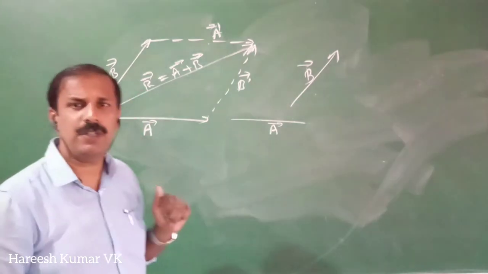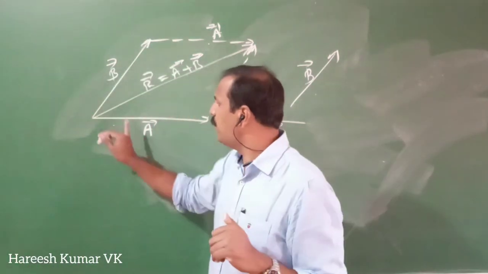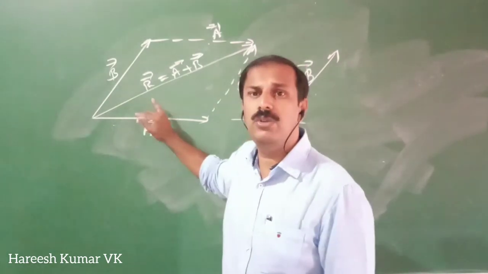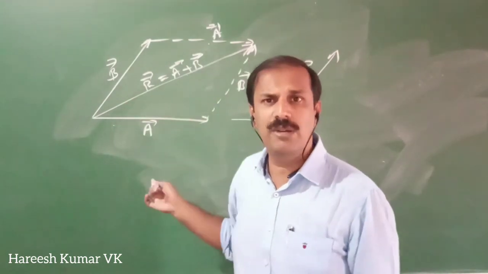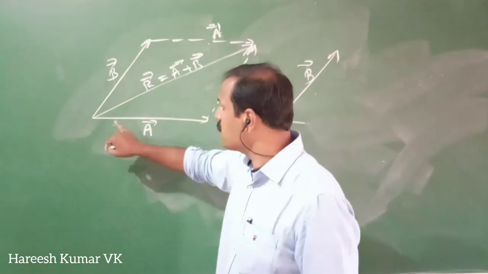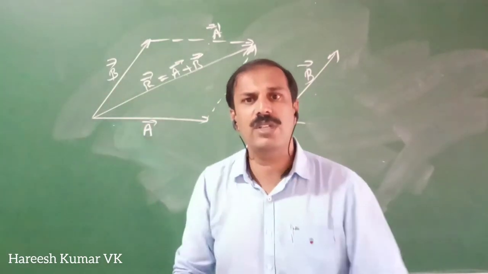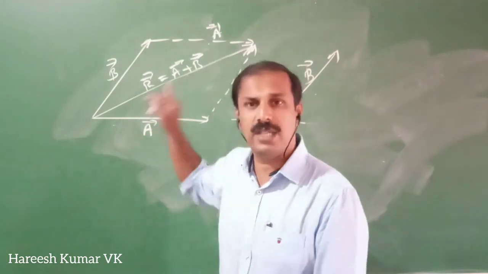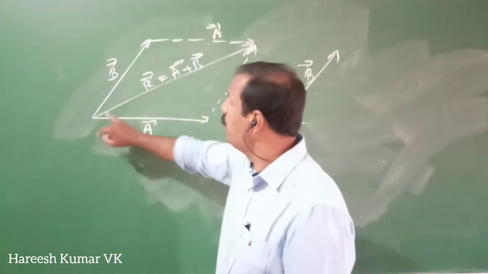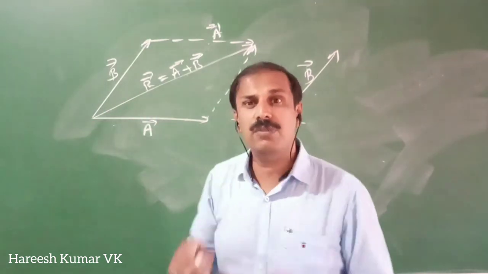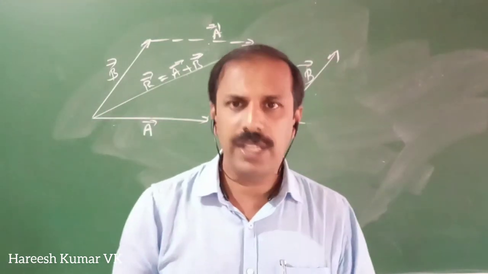That is same as the previous one only, but the method is different because here we are not taking head to tail. When you practically do, in many cases we will use this one. That's why you will feel both are the same. But in most of the cases we have two vectors from the same point. Two forces are acting on the same point, so the adding will be easier in that case. And we have an equation connecting this angle also. If this angle is this one, what is the result? For that we have an equation also. That we will discuss later.